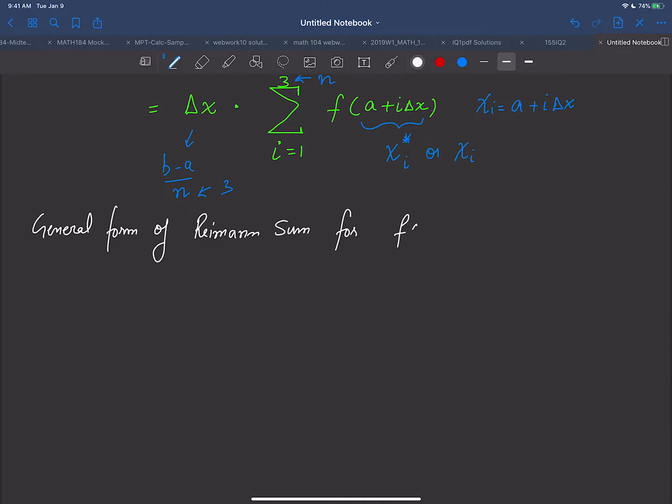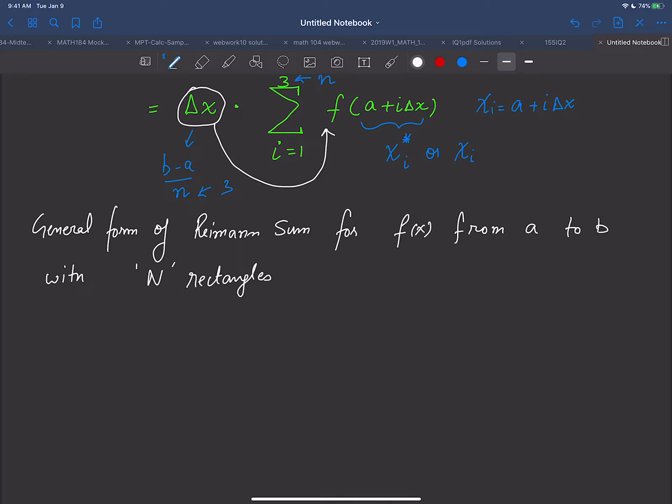For, let's say, a function f of x from, let's say, a to b with capital N rectangles is going to be written like this. So that's going to be a summation, because this delta x is going to be a constant, right? It's going to be b minus a over n, a number. So it doesn't harm to put this inside with this summation, okay? So that we have like a nice standardized form that we have. So this could be written as the Riemann sum,